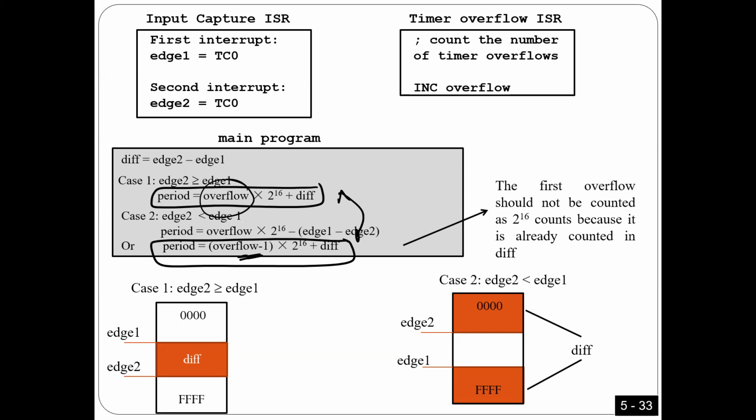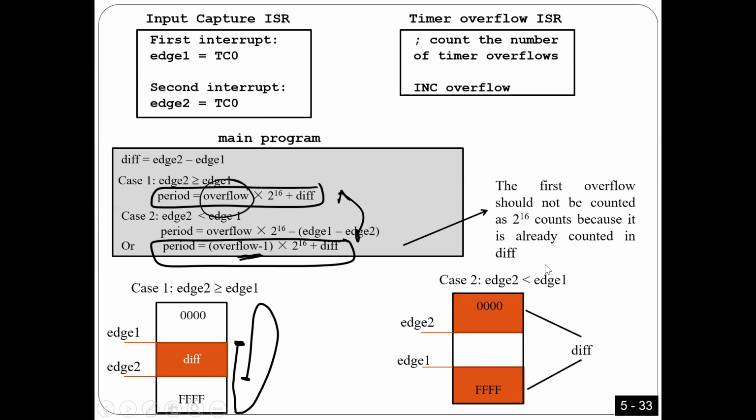To understand it, for example, look at this case here, guys. I started from here, from H1. I'm going to go until here. In this case, as you see, how many counts do I have? Number one, I did 2 to 16. That's why here I'm going to use this one. So here I have 2 to 16 plus this part. Is that okay? So the first overflow should be counted, and this is exactly the first case: when H2 is greater than H1, the first overflow should be counted,